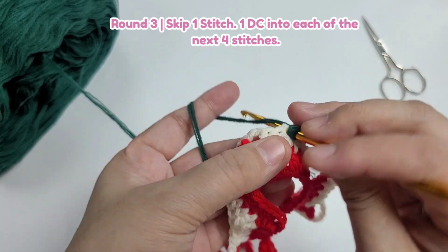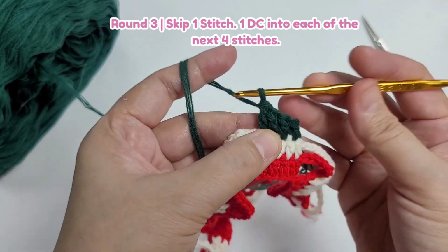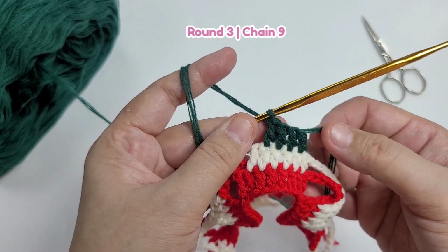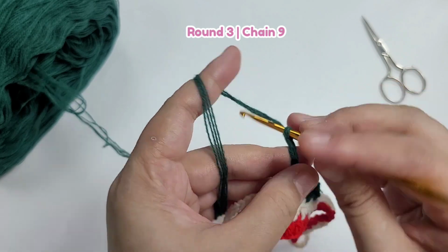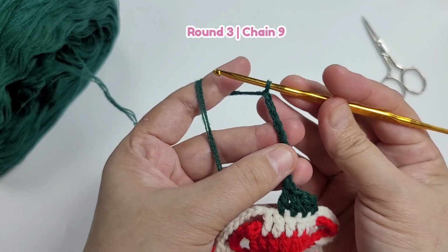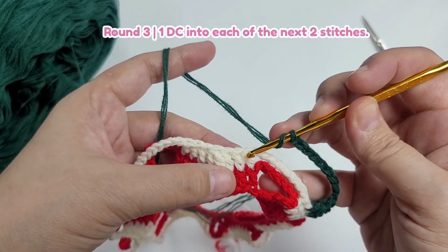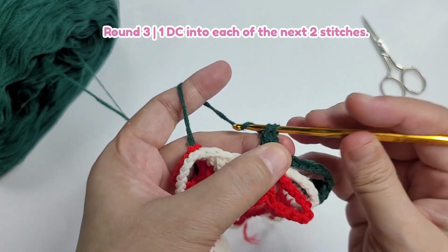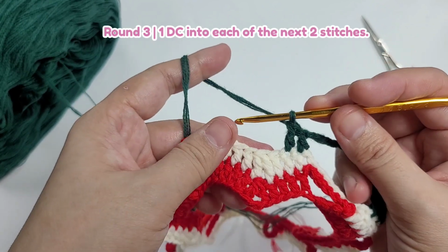2, 3, 4. So this is what it looks like now. So we need 4 individual double crochets followed by 9 chains. 3, 4, 5, 6, 7, 8, 9. And then into the next stitch, into the first stitch on this side, we're going to do our first double crochet, 1 double crochet into the next, and then we're going to do our